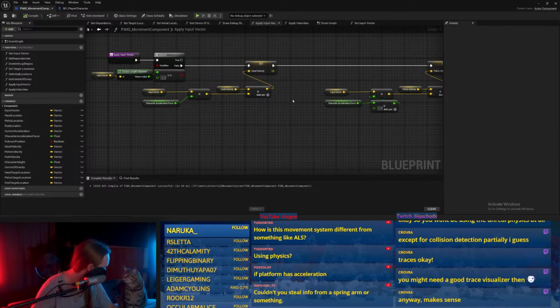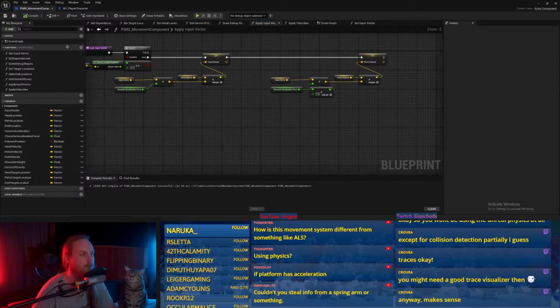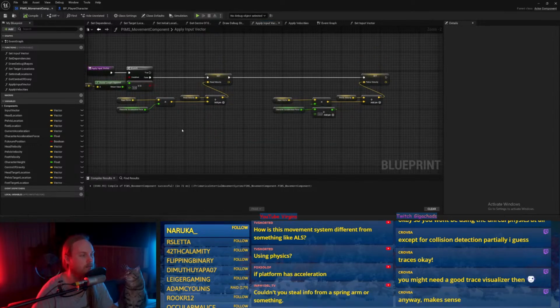So it's basically character movement, but with one extra step, which is that we track multiple points, and they self-correct. If we move one of the points, the others will self-correct.